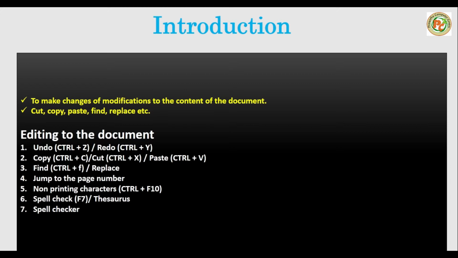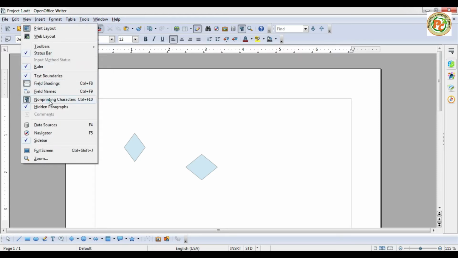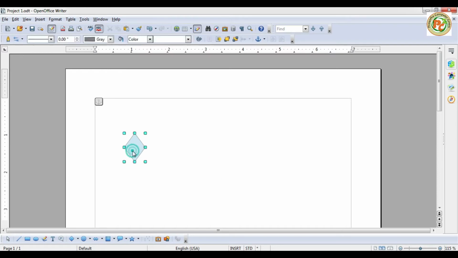So let's open OpenOffice Writer first. I have already opened that Writer, so it is here. I press Ctrl+A and delete all that, and I will first turn off the non-printing characters so you can see things easily. Before proceeding I will type a sentence, for example, I'm going to write here OpenOffice Writer